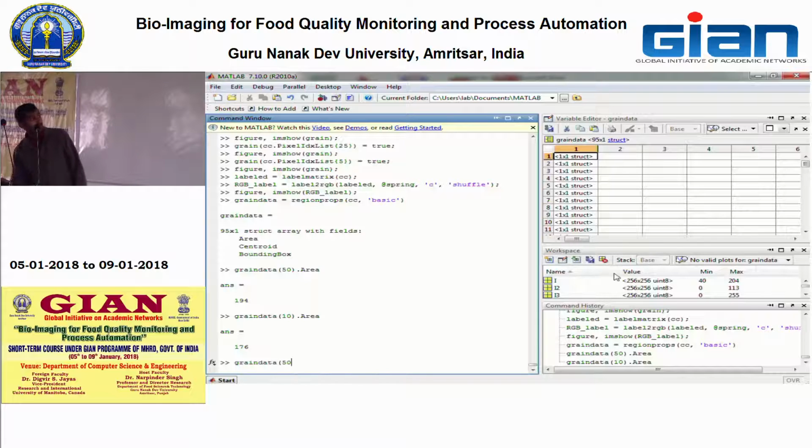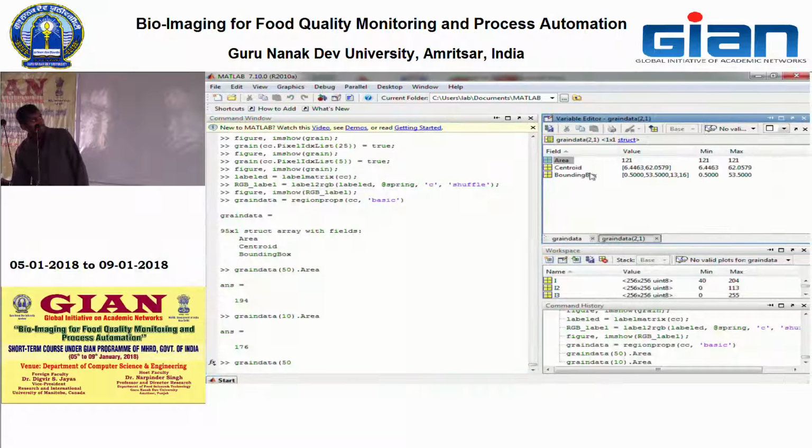One cross one structure. So now you can see this data, it contains